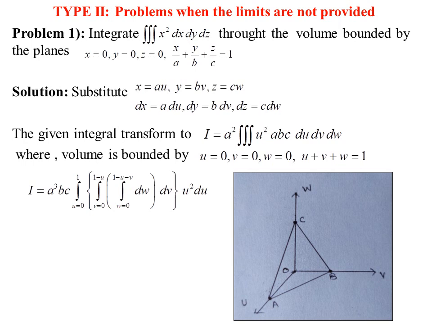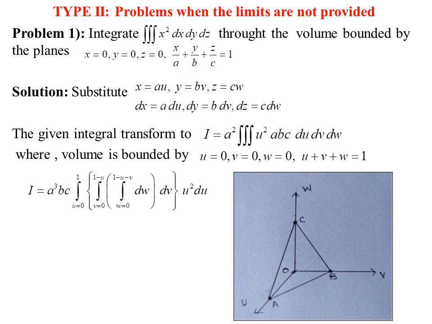So now v is equal to 0, and from here the value of v we get is 1 minus u. So the value of v is in the form of a function of u, so we have to integrate the second time with respect to v. So the curly bracket includes the integration with respect to dv, and finally integrating with respect to u. So limits we have to consider here from 0 to 1. So once again, if we have considered the limits of v as 0 to 1 minus u from this equation, substitute v is equal to 0 here, so u will become 1.